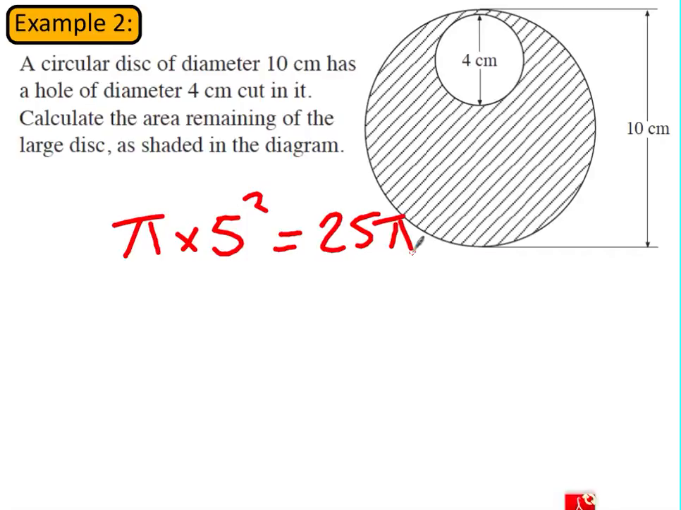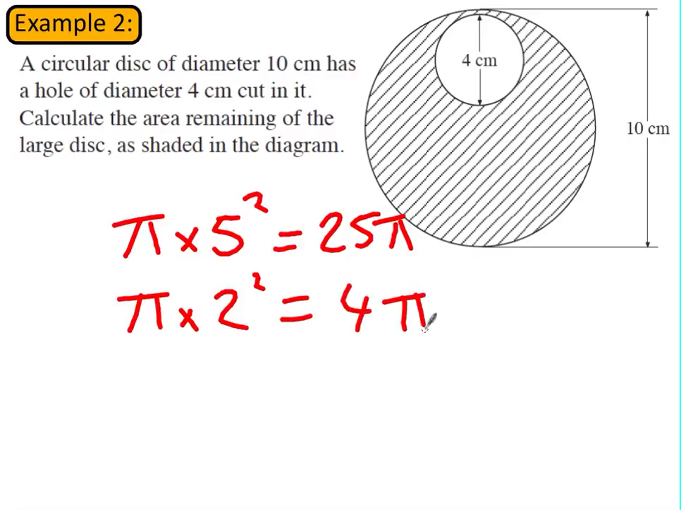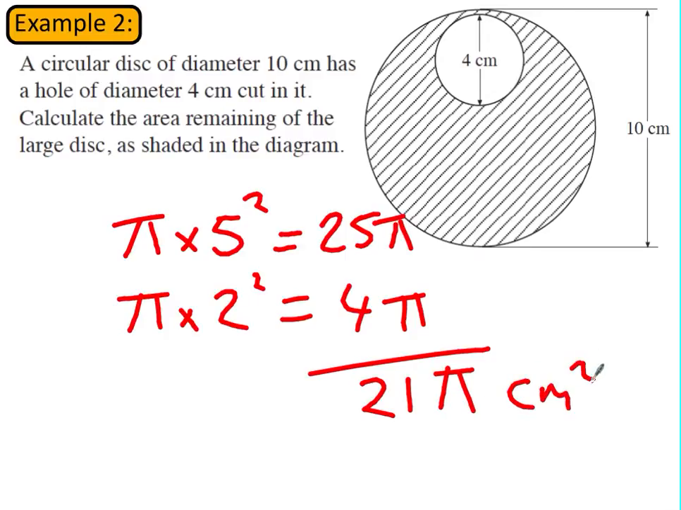If I work out the smaller circle, well, that's going to be pi times 2 squared. If that diameter is 4, the radius is 2, so it's 2 squared. So that's going to be 4 pi. And so the total area will be the big circle, take away the small circle, which you can see 25 take away 4 is 21. So we've got 21 pi centimetres squared. If I want to convert that into a decimal number, 21 multiplied by pi is 65.97